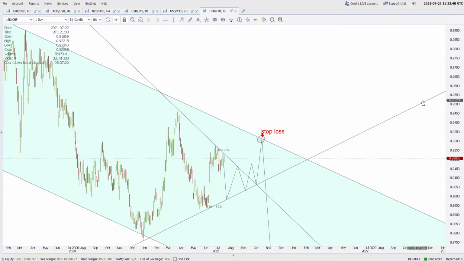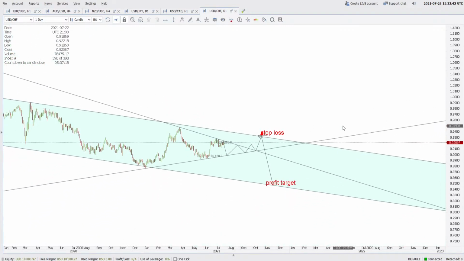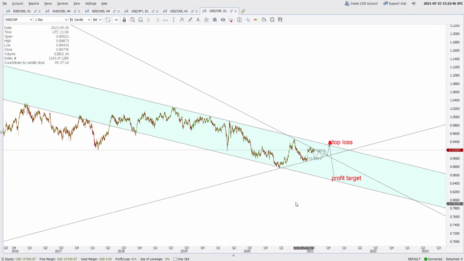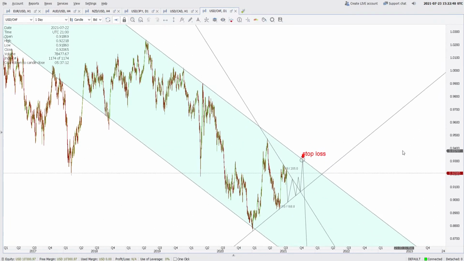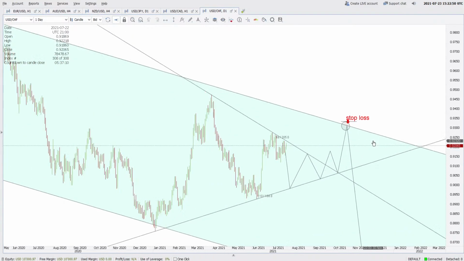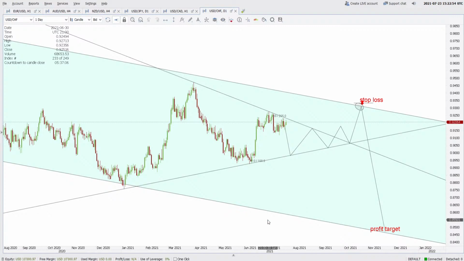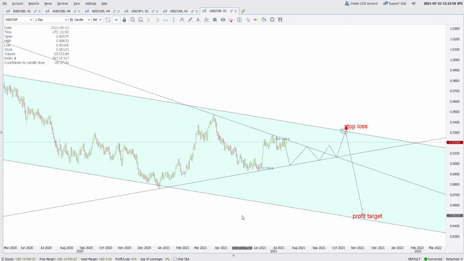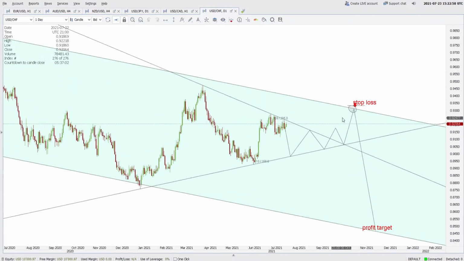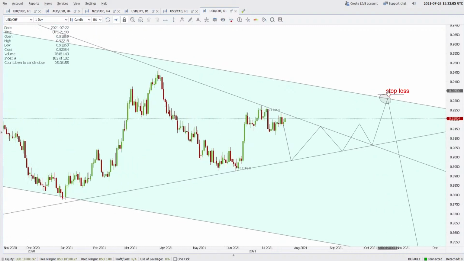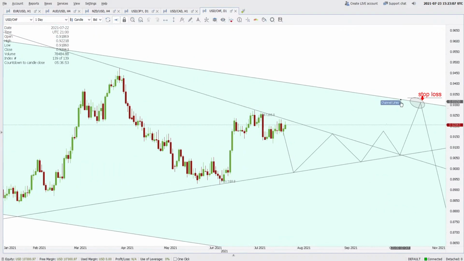chart, and stop loss. Now why I'm saying sell, because in the long term this market is in a downtrend, and if the market is in a downtrend in the long term, you don't buy that market. So you go with the trend is your friend, remember always. So if you get an opportunity in this one, you will open a sell position at the test of this channel resistance. And when I say at the test of this channel resistance, that means after price touches this line,